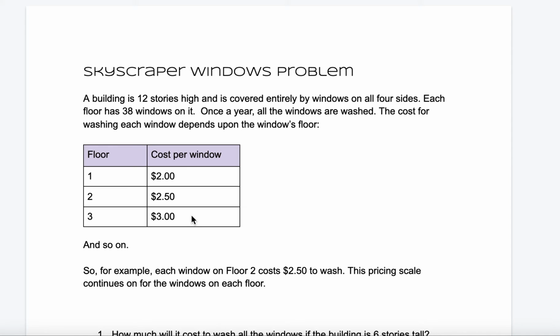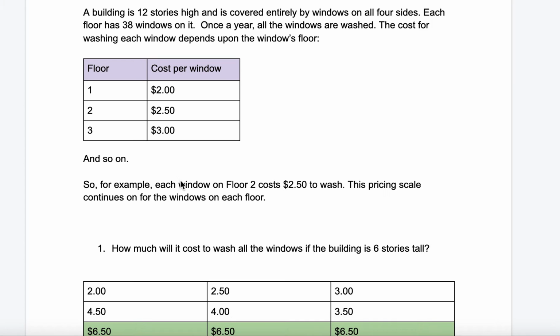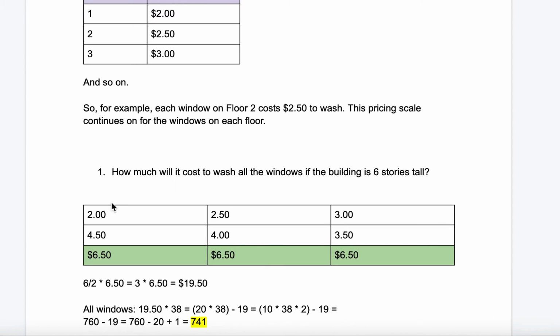So rather than try to sort this out in a series of problems, we can actually use Gauss's trick. So here it is for the first 6 stories, right? So we lay out these prices, right? So it's $2, $2.50, $3, $3.50, $4, $4.50. And then we figure out we've got half of 6 is the number of pairs, and the sum is 6.50. And so we say 3 times 6.50, which is 19.50. And 19.50 is going to be the cost for